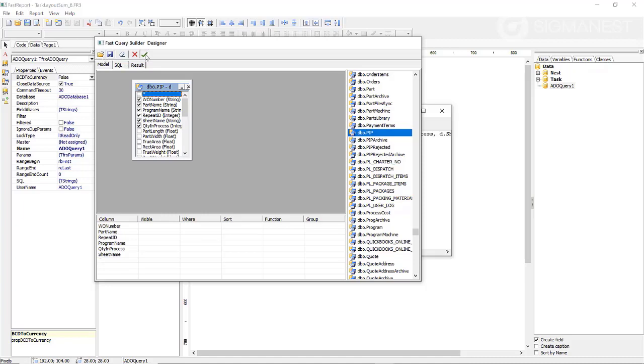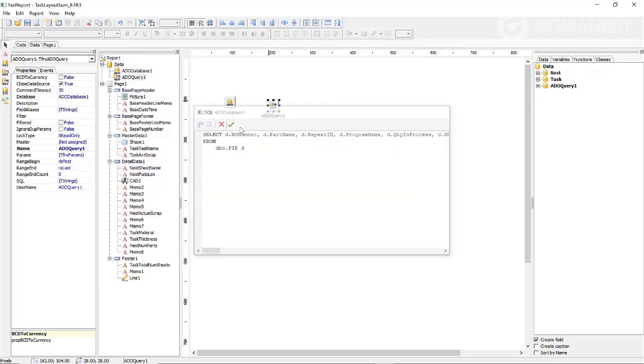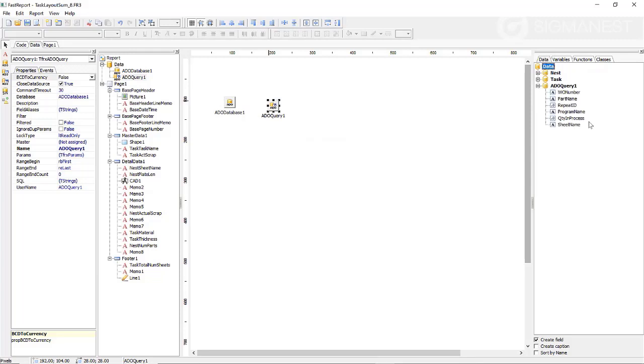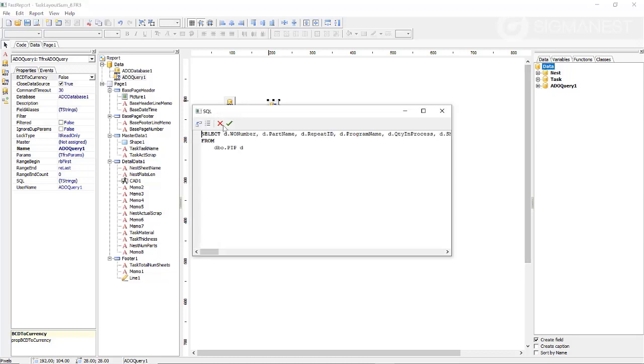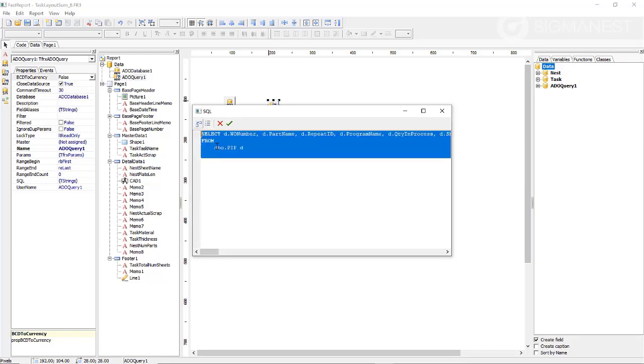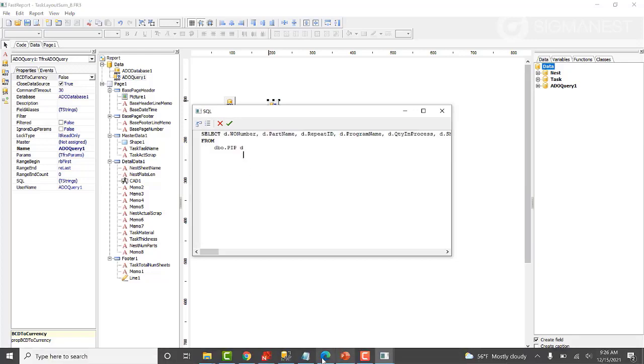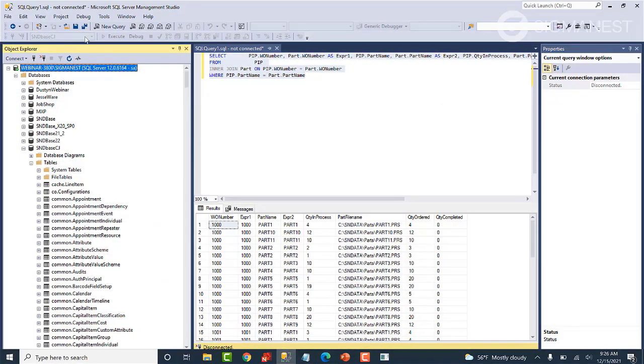Once we have this here, it will become available in our query. But the problem is that we want data from multiple tables. To do this, you can edit that in here with the SQL Builder, but I prefer to use Microsoft